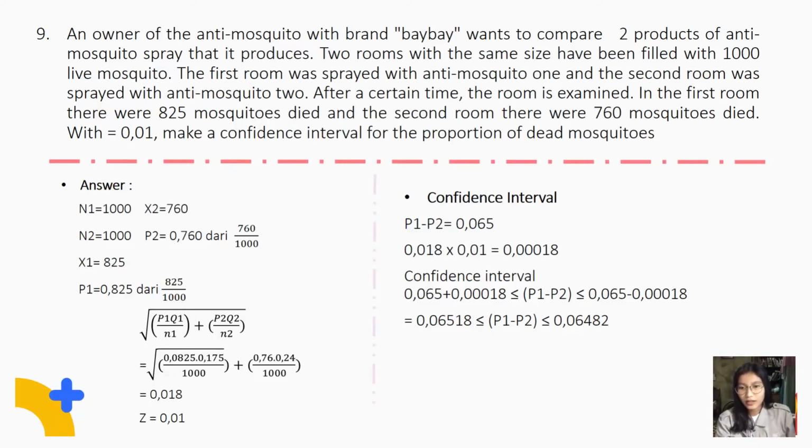And the z is 0.01. Confidence interval p1 minus p2 is 0.065, 0.018 times 0.01 is 0.00018, and 0.065 plus 0.00018 is less than or equal to p1 minus p2 is less than or equal to 0.065 minus 0.00018, equal 0.06518 is less than or equal to p1 minus p2 is less than or equal to